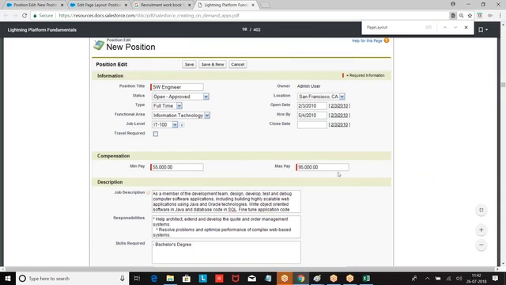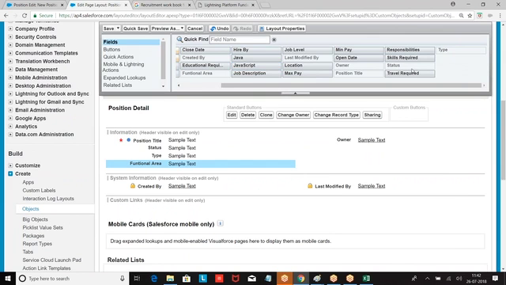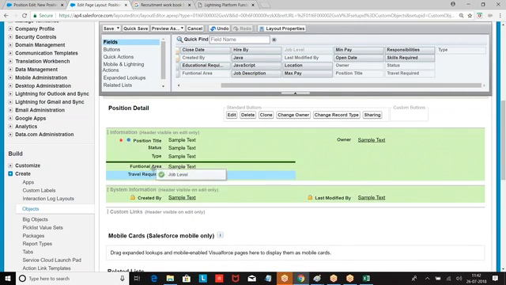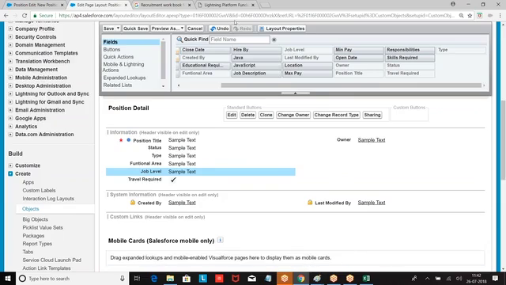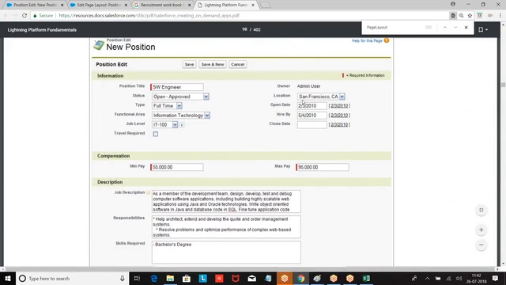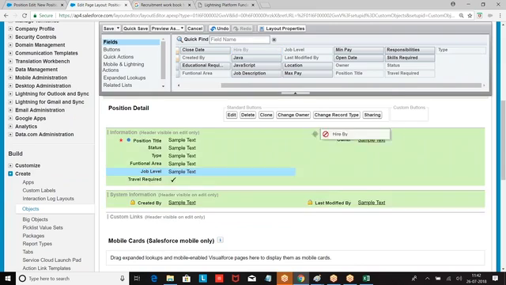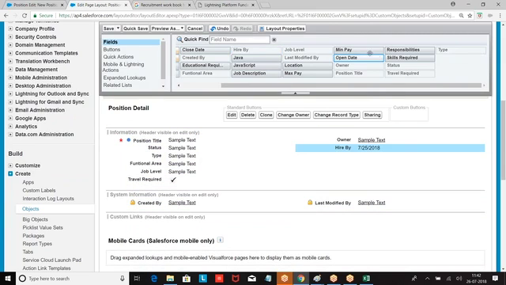Functional area, job level, travel required. Job level. Where is that job level? Okay. Then on the other side, they are asking you to give location, open date, hire by, close date. Location, open date, hire by, close date. So where was that?